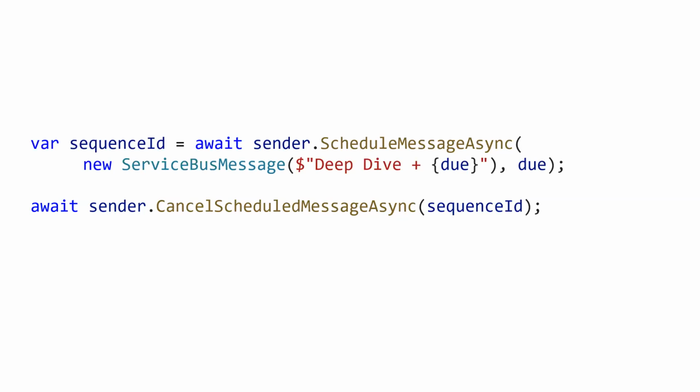Scheduled messages do not belong to the active message count. So if you look into a queue that has scheduled messages, let's say you have 100,000 messages that are scheduled and you have thousands that will be processed, you only see 1,000 active messages, and the scheduled messages will not be visible in your queue as an active message